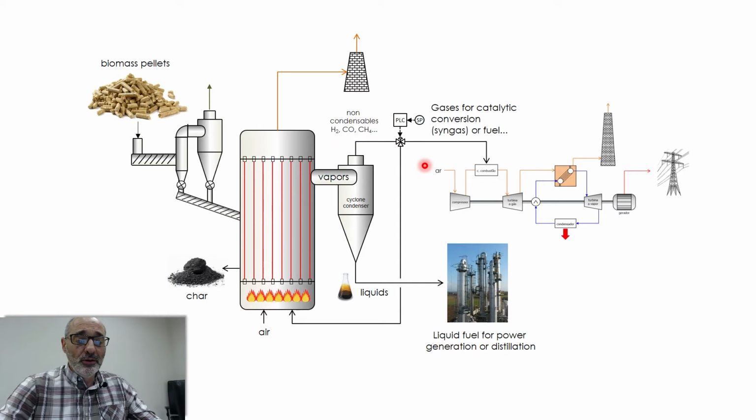You can use some of this gas in order to provide energy for the decomposition. So you burn that in order to produce heat, in order to decompose this feedstock. And the products: the liquid fraction you can use for power generation and/or production of plastics and, I don't know, other chemical compounds. And the gaseous components, likewise, for production of chemical compounds and also to drive a thermal power plant, a gas thermal